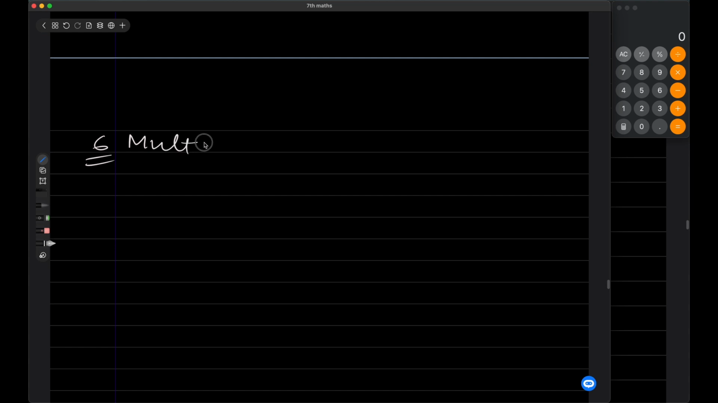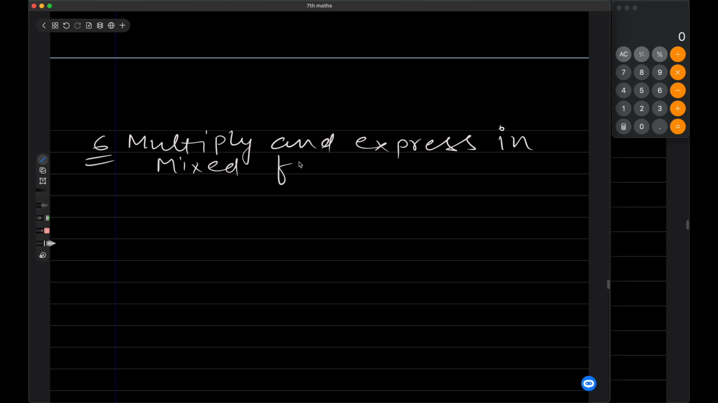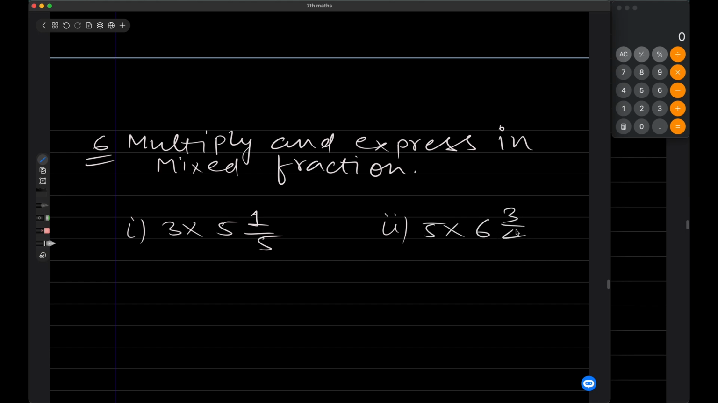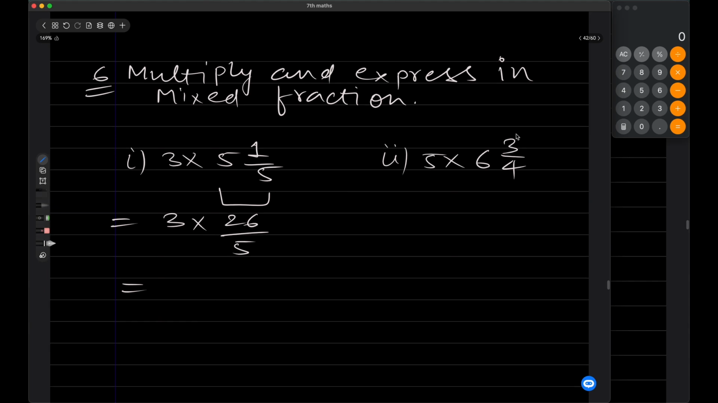We have to multiply and express in mixed fraction. We know that to multiply whole number and mixed fraction, we have to convert mixed fraction to improper fraction first. That is 5 5s are 25 plus 1 is 26 divided by 5, and then we can multiply. That is 26 into 3 equals to 78